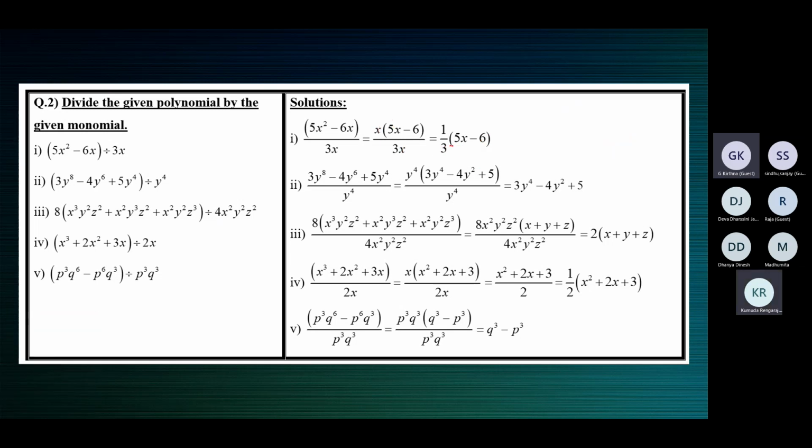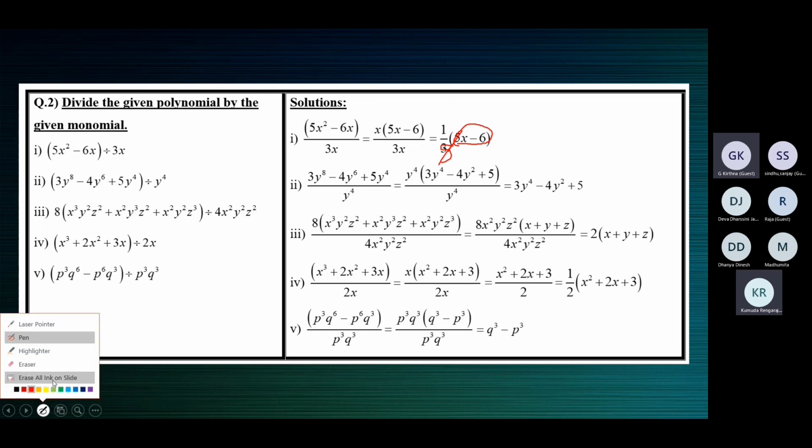If supposing this was 5, you cannot cancel this 5 and 5, because 5x is a part of 5x minus 6, that expression. 5 is not free to be cancelled like that. 5 is a part of 5x minus 6. You cannot remove anybody like that. You can cancel the expression as a whole, 5x minus 6 completely, but not 5 alone. So the terms cannot be cancelled like that. 5x minus 6 is one expression. So 3 and 6 cannot be simplified.